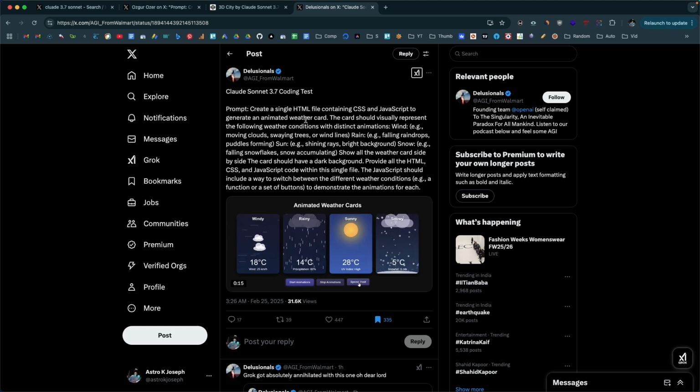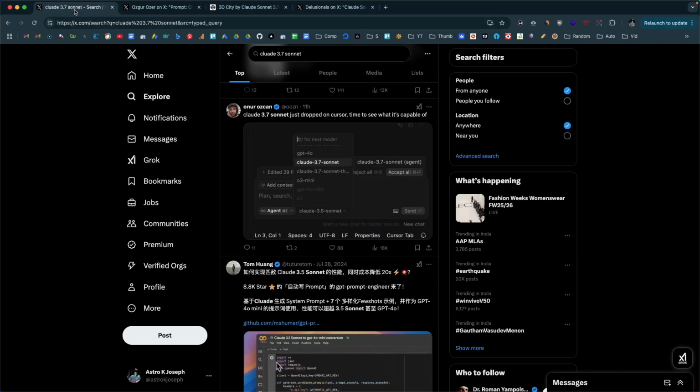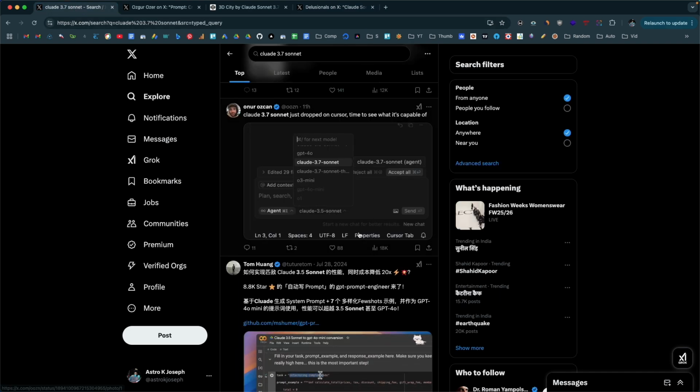create a single HTML file containing CSS and JavaScript to generate an animated weather card. And this is what it has generated. Ooh, this is actually great, right? So here we have 4 cards, nice animations and all that. It's actually really great. And if you go and search for Claude 3.7 Sonnet on Twitter or X, you will